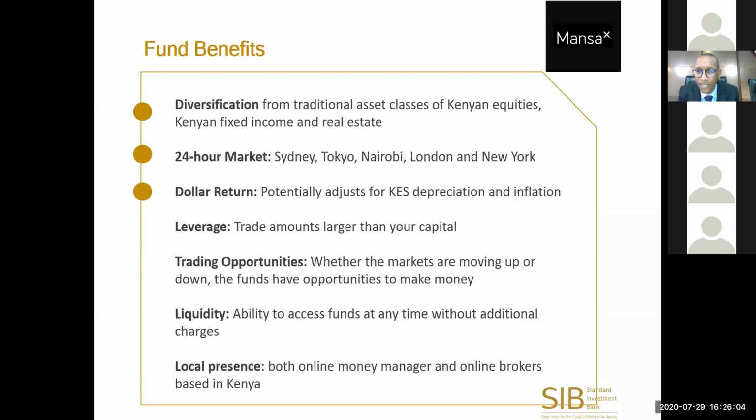We also invest in dollar-denominated assets, actually foreign currency denominated assets. And this intrinsically is very useful for any investor. So Mansa is a Kenya shilling denominated fund, just to be clear. However, within the fund, due to some of the investments that we make in dollar-denominated assets, euro-denominated assets, and so on, intrinsically, you find yourself hedged against the inevitable depreciation of the shilling over time.